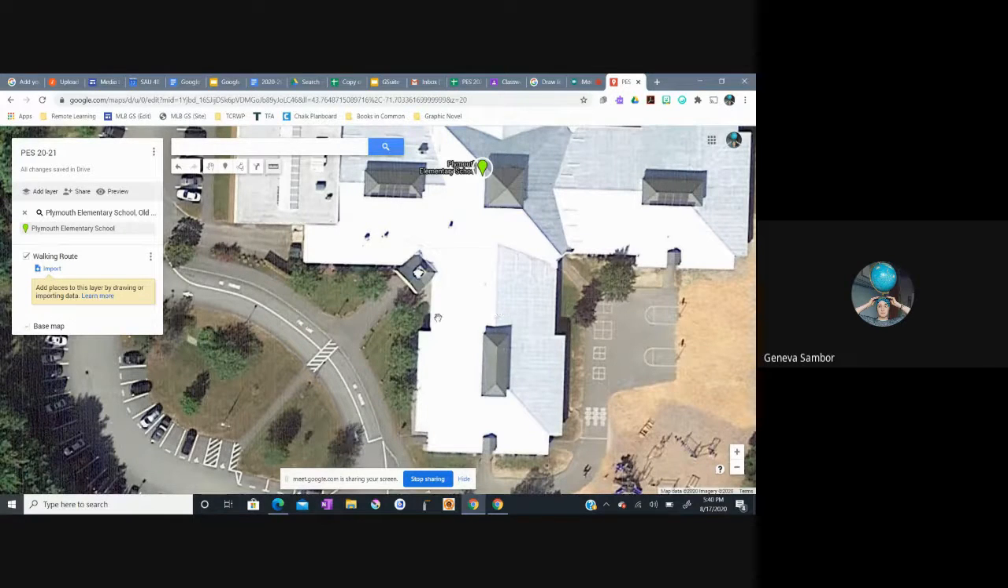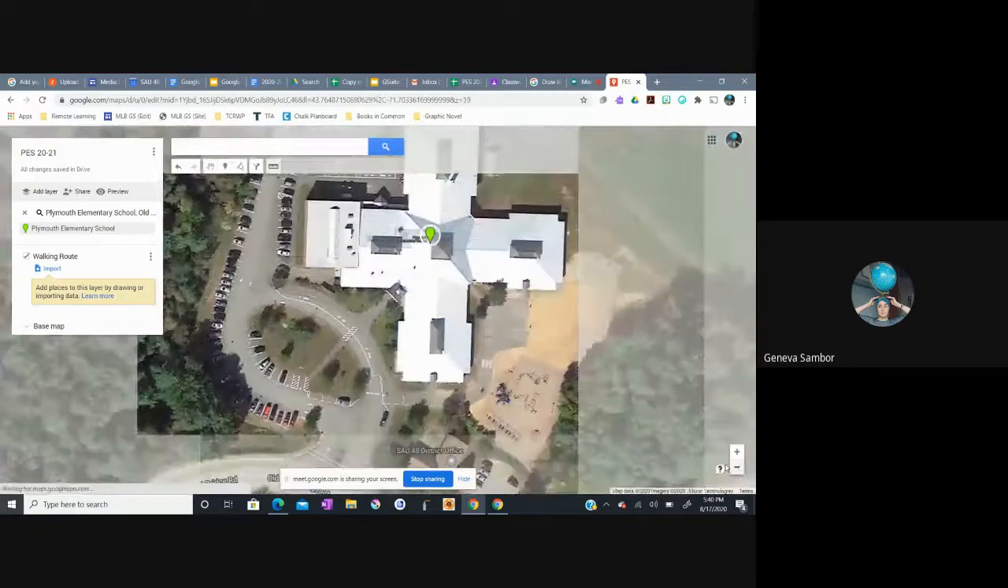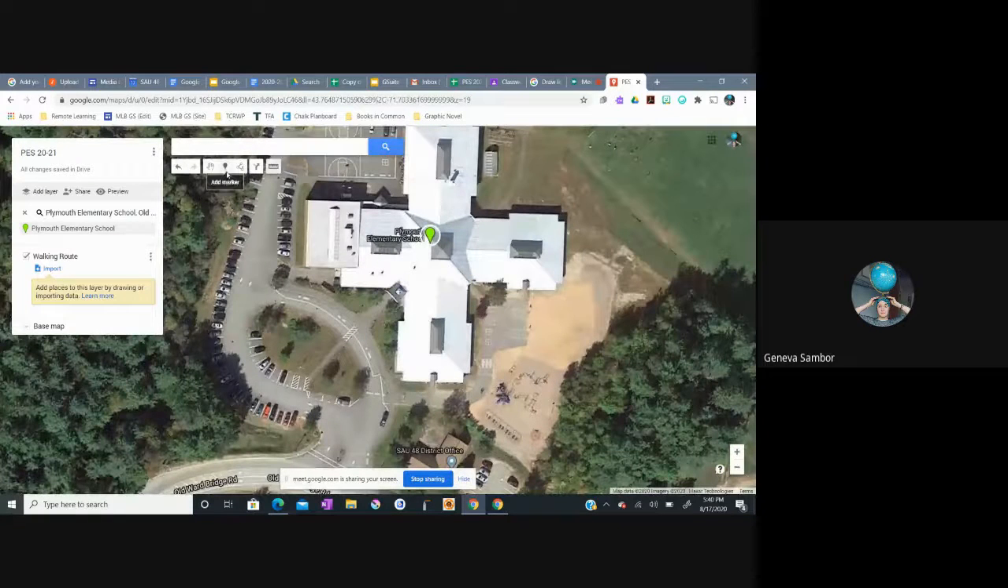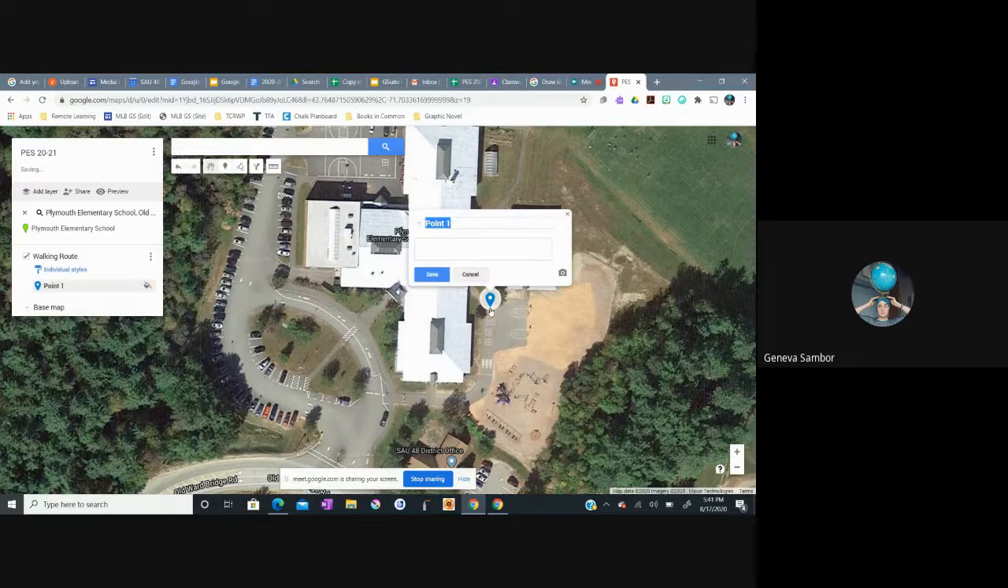There are a couple of things I want to show you. Two major tools in this map are the add marker tool and the draw a line tool. So I'm going to add a marker. What this does is essentially there's a marker here for Plymouth Elementary School, the green balloon. So I can add a marker. Maybe I'm going to add one at the back here, and maybe I will add